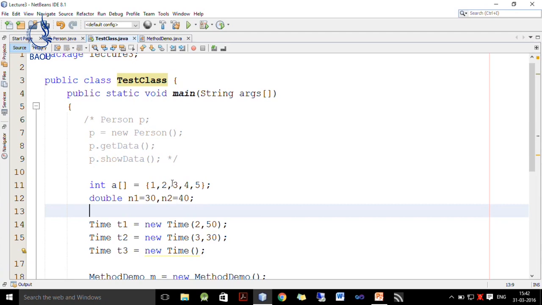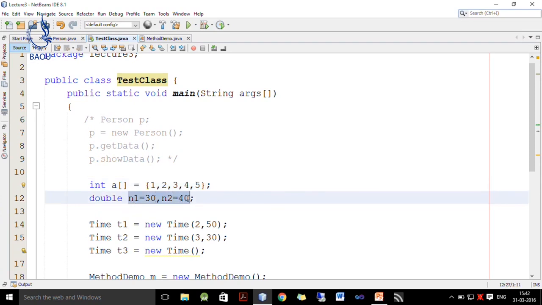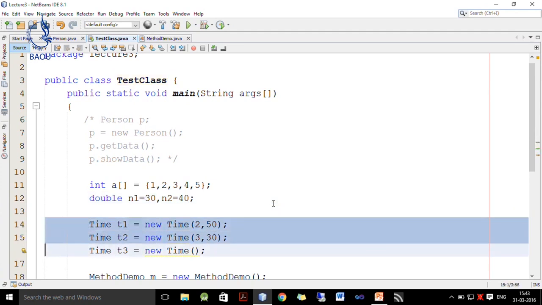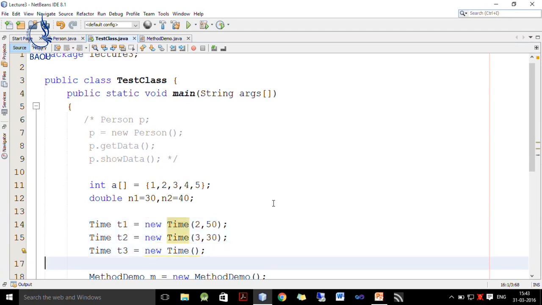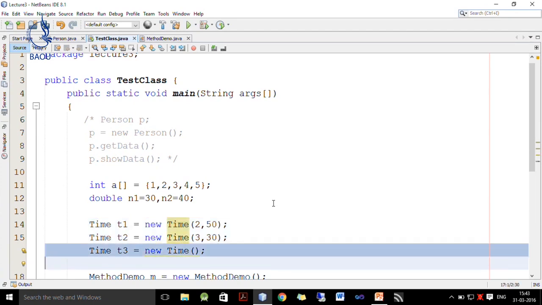The array is initialized to 1, 2, 3, 4, 5. So, the sum is 15. We have two double type variables 30 and 40, and we want to find the maximum, which is 40. We have two times which represent 2:50 and 3:30, and we want to find the time T3, which is the sum